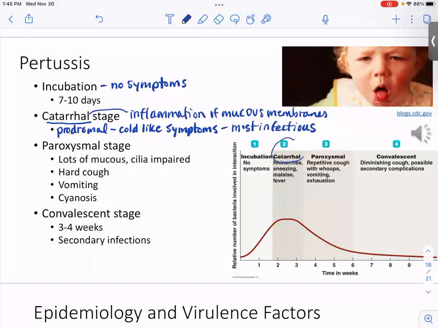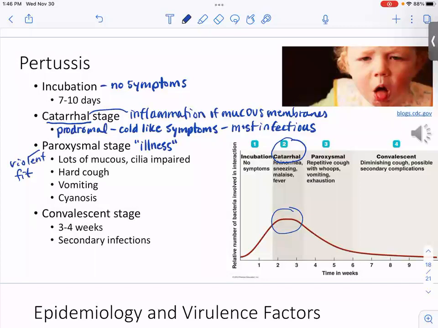So here we show the catarrhal stage again. Usually it's the illness when people are the sickest, they have the most organisms that are multiplying, so it's a little bit unusual here. And then people enter what we typically would call the illness phase, the paroxysmal stage. If somebody has a paroxysm, a paroxysm, that's a violent fit. Okay, so this is where you see the hard coughing.